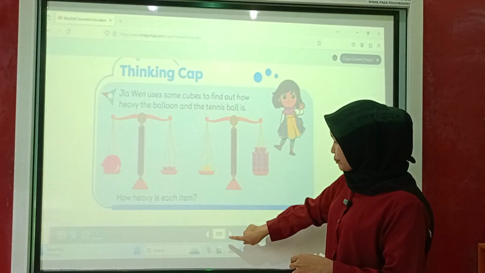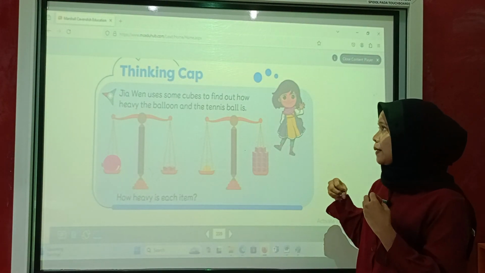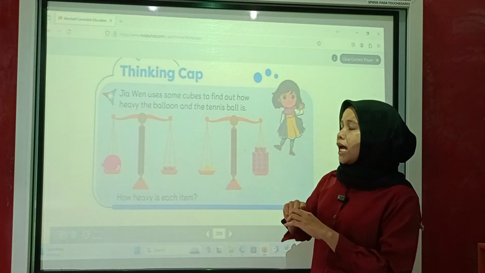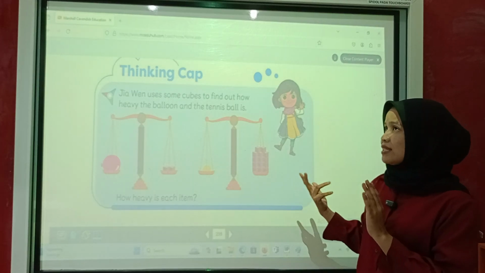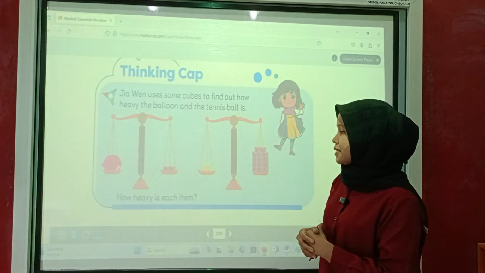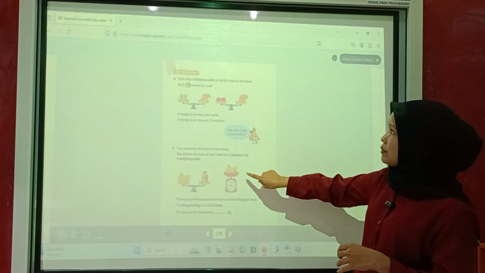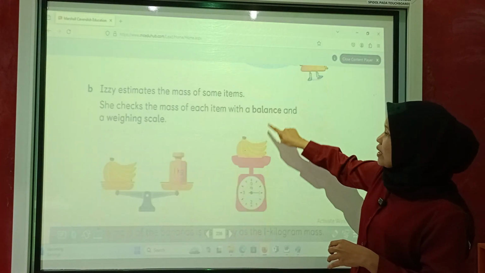So if we measure two objects like this, it will be balanced. It will say it is balanced because they have similar weight. And then I will explain about